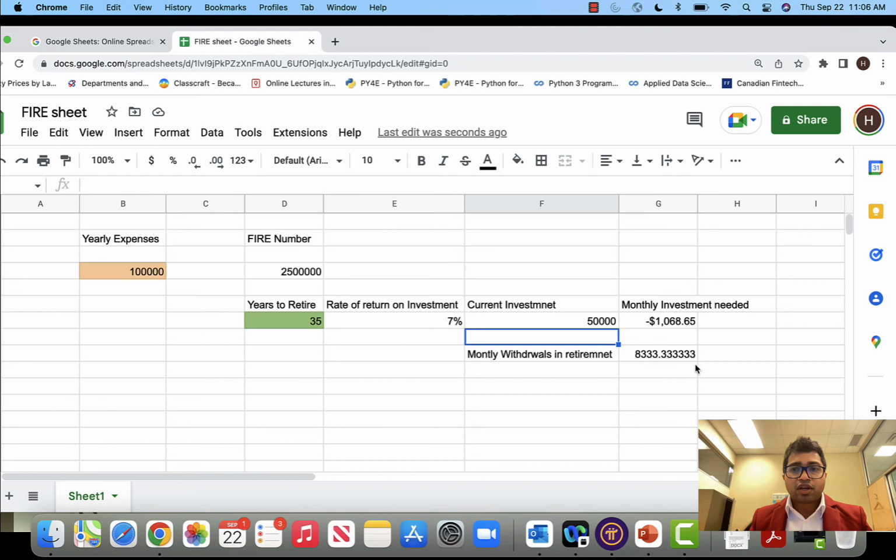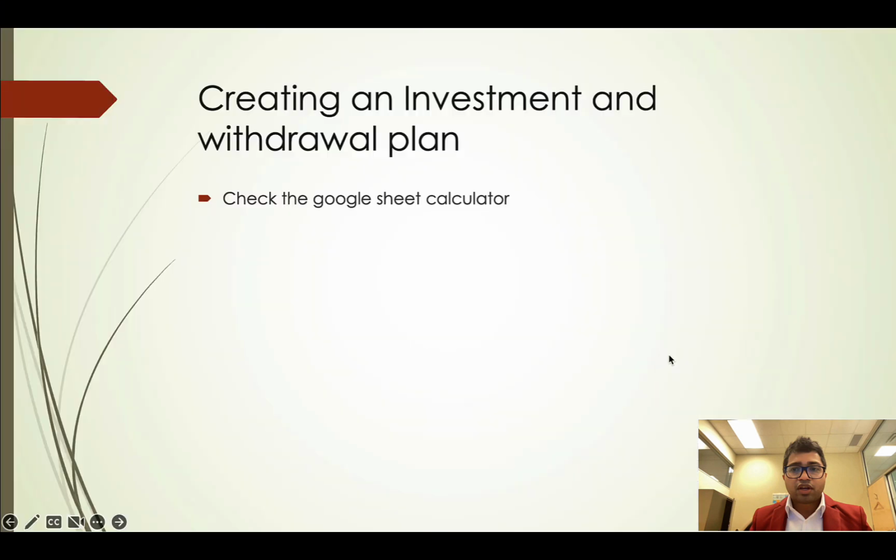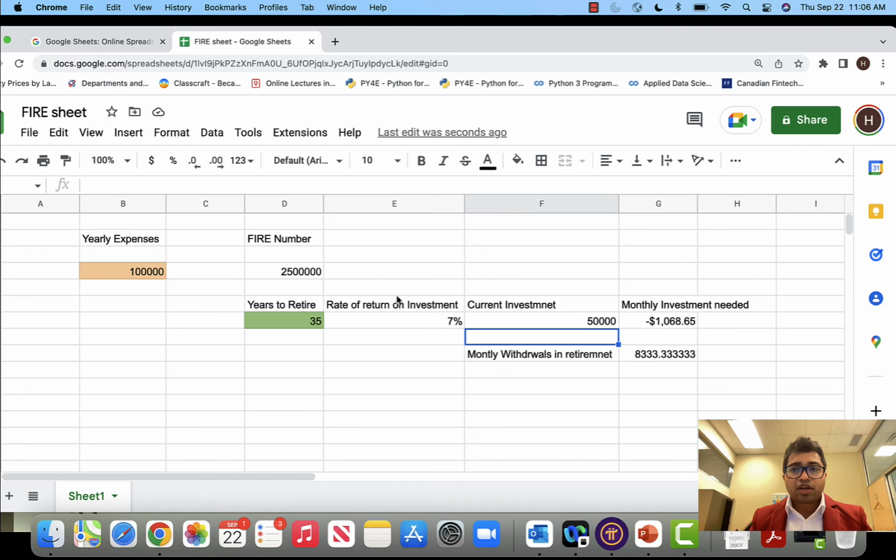So the whole 25 times and 4% idea is, if you accumulate 25 times your yearly expenses and withdraw 4% of that FIRE number, you shouldn't run out of money in your retirement. Okay, so use this Google sheet, play around with it. I'm going to share it in the description.